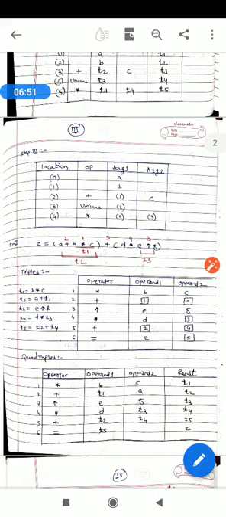So in these equations we can say that step number 2 depends on step number 1, step number 3 depends on step number 2, step number 4 depends on step number 3, and step number 5 depends on step number 4. So these are the dependent states. So quadruples have 4 parameters: operator followed by operand 1 followed by operand 2 followed by result.